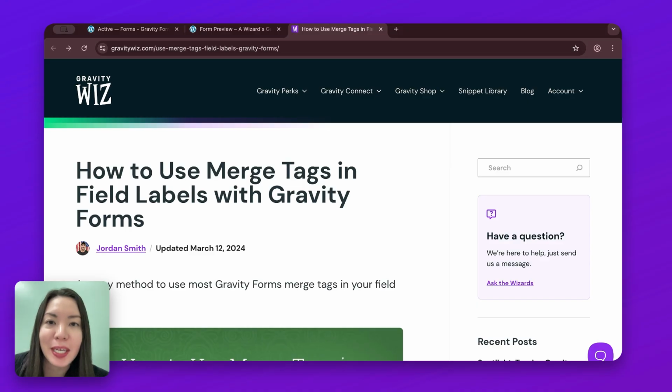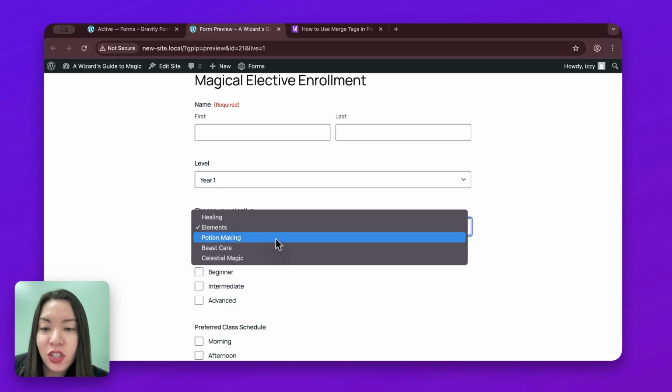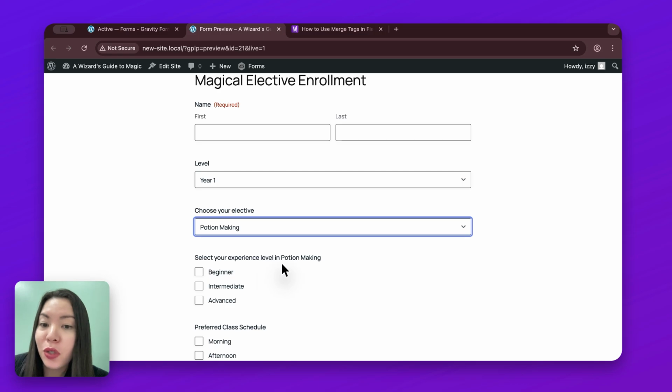Gravity Forms field labels. By default, Gravity Forms doesn't let you drag and drop your merge tags into field labels. But with a little trick using live merge tags, you can dynamically insert user selected data into your field's label. For example, I have this magical elective enrollment form, and you can show a previous choice, which is when they choose their elective, in a section later on in the form, which is when they select their experience level. If I change this to potion making, this question also updates and asks them for their experience level in potion